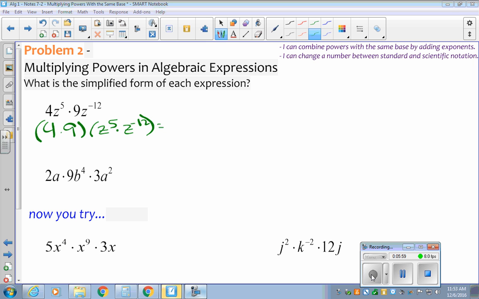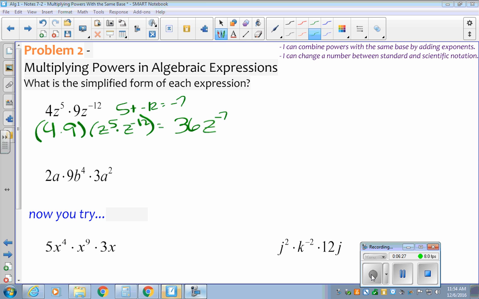So we can calculate 4 times 9, it's 36. So that simplifies to 36. And then my z's simplify to z to the negative 7, because 5 plus negative 12 is negative 7. So this one, what is the simplified form of each expression? 36. Z to the negative 7,